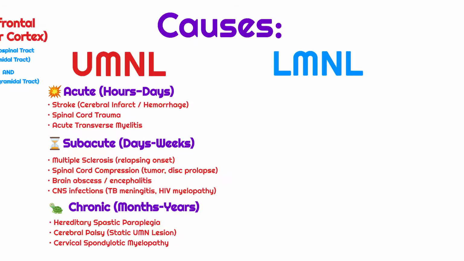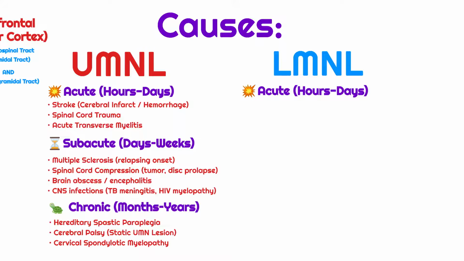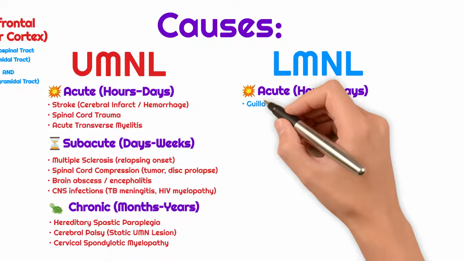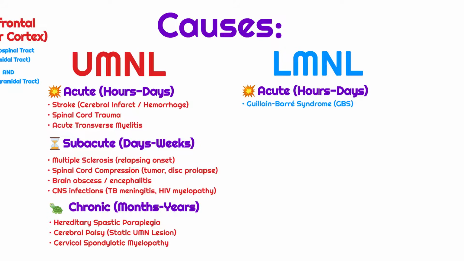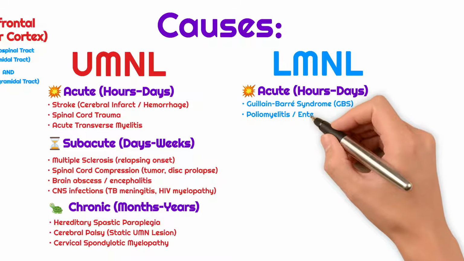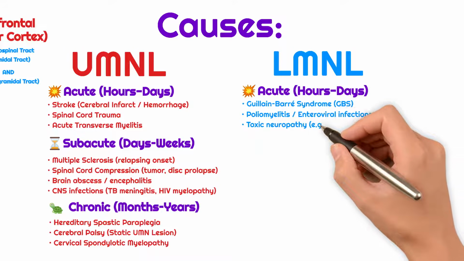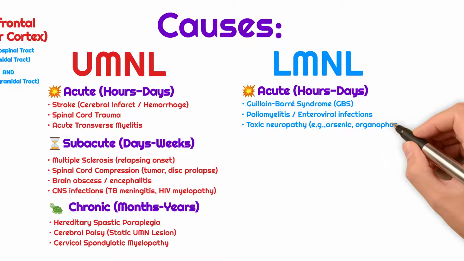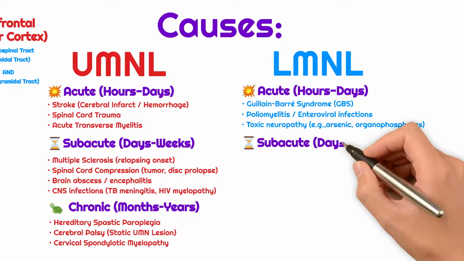Now, with the lower motor neuron lesion causes, we'll do the same. Acute causes, happening over hours to days, are GBS, which is usually a bilateral ascending paralysis, poliomyelitis, or other viral infections, toxic neuropathies, such as heavy metal poisonings or organophosphates. Subacute, happening over days to weeks,